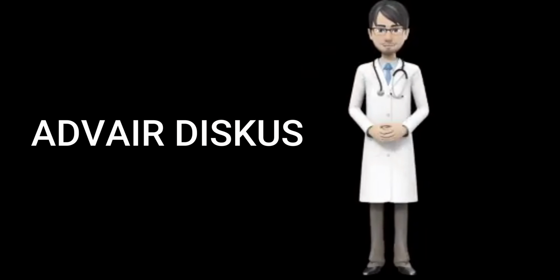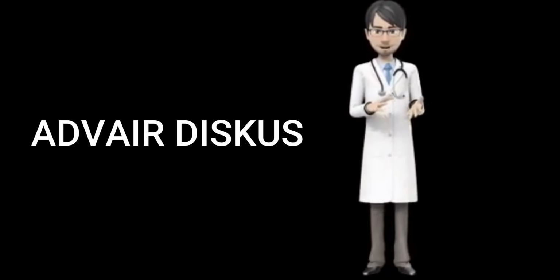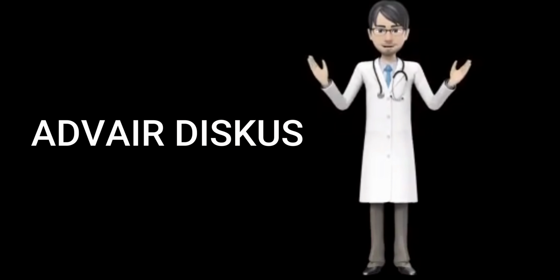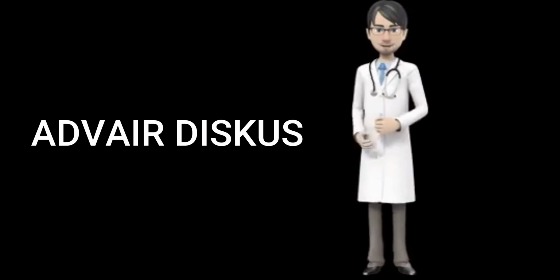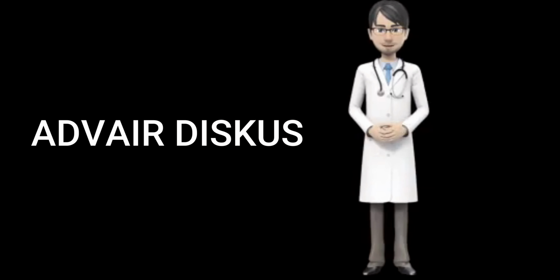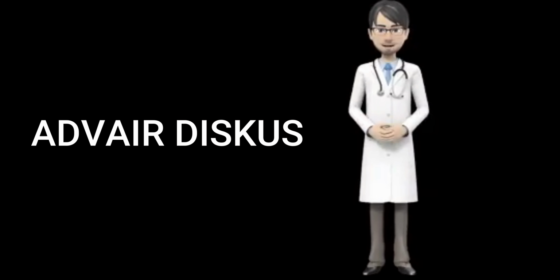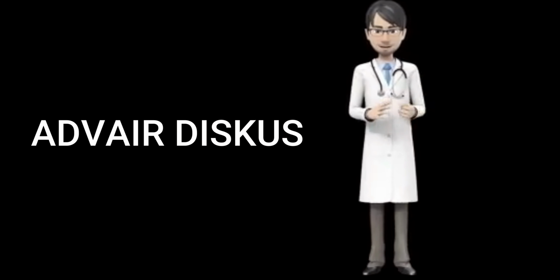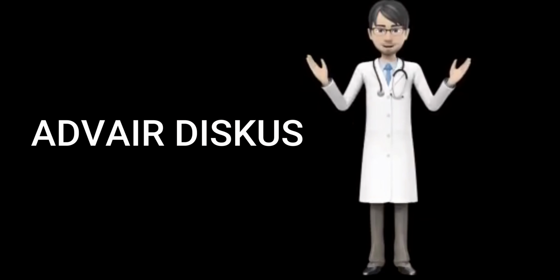Some side effects can be serious. If you experience any of the following side effects, call your doctor immediately: coughing, wheezing, or chest tightness that begins soon after you inhale Advair Diskus; hives; rash; swelling of the face, throat, tongue, lips, hands, feet, ankles, or lower legs; choking or difficulty swallowing; hoarseness; noisy, high-pitched breathing; pounding, fast, or irregular heartbeat; fainting; chest pain; cough; burning or tingling in the hands or feet;